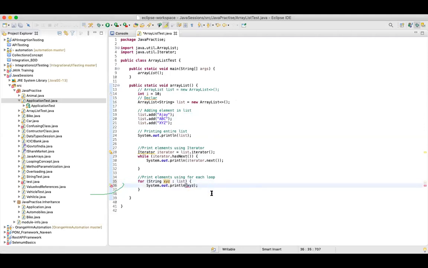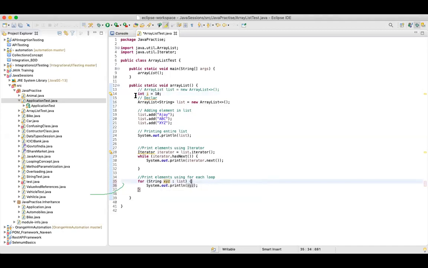X, Y, Z. Okay, so sometimes what happens, people get confused, like the variable name is also string, the class name is also string, data type is also string. So this can be anything, right? This is just a variable. In a similar fashion, like we have integer I. Okay, so this can be I, this can be J, this can be K, anything, right? In a similar fashion, this can be anything.